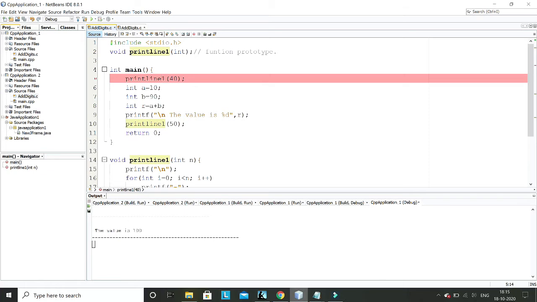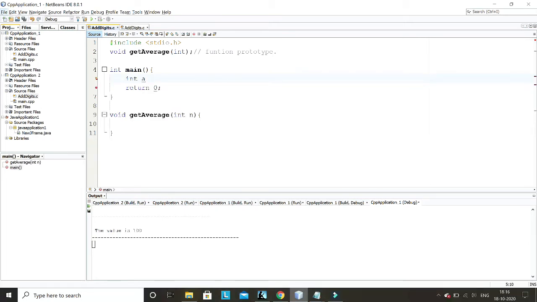My second requirement was to print a line, but the size should vary. Sometimes it should be 40, sometimes 50, sometimes 10. In this case I have to pass the size of the line when I'm calling the function. So I need one parameter here, right? Now the next function that I will write also needs to return something.